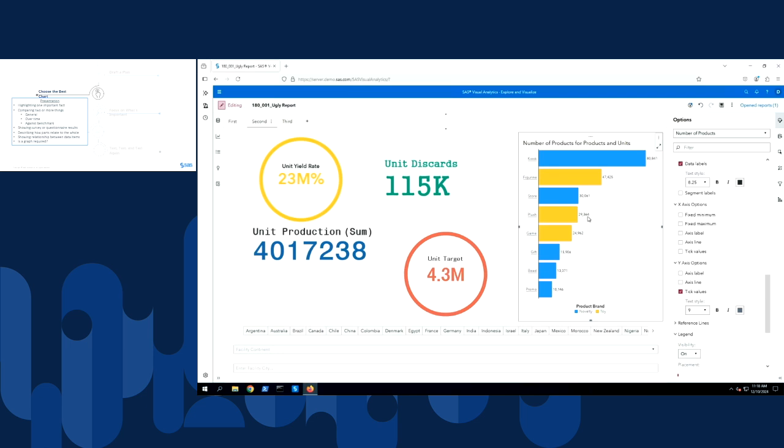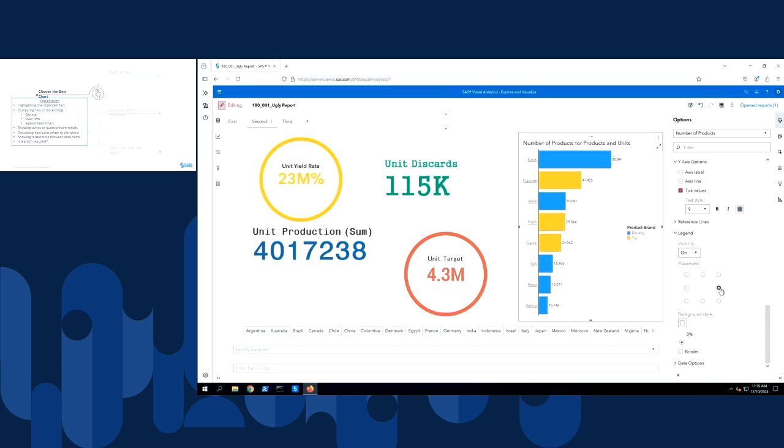If you recall from another Ask the Expert I did, you can always right-click and then save this to the objects pane as an object template with all of those changes applied. So I don't have to go through and do it every time I create a bar chart. The last thing I want to change for this bar chart is the legend. I'm going to place it in the middle on the right side. So that's a very clean looking bar chart.